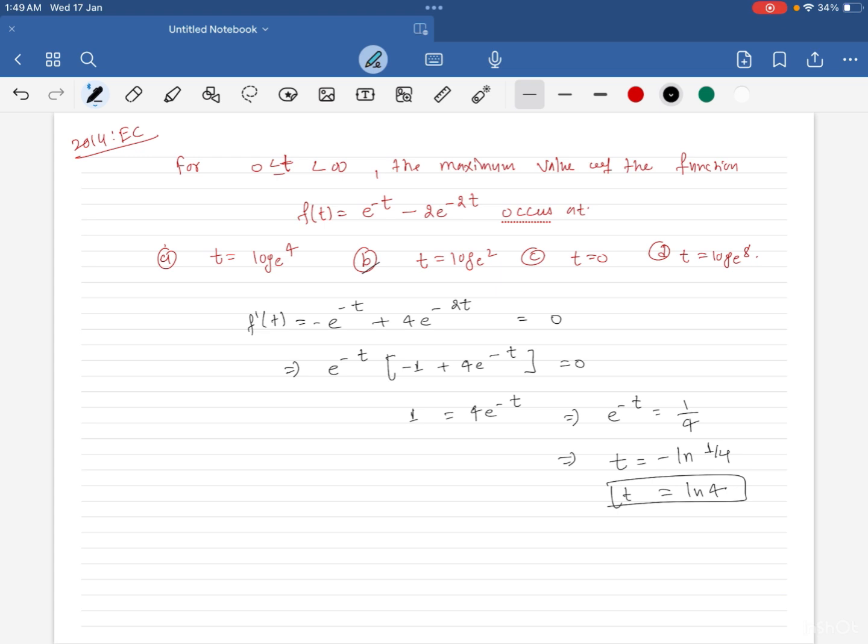Now we have to check at this point f double dash t. So let's check if it is a maxima point. That will be e to the power minus t minus 8 e to the power minus 2t, right? So now if you put the value,